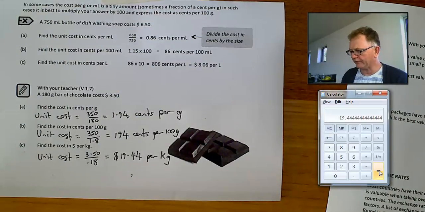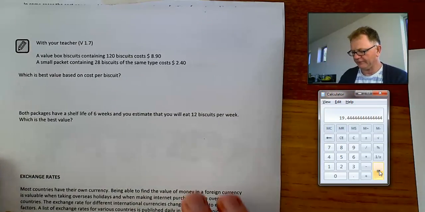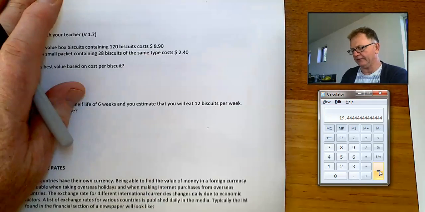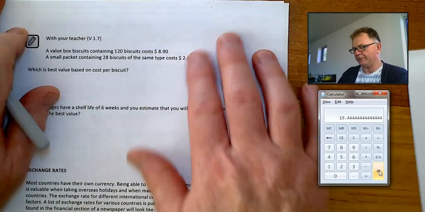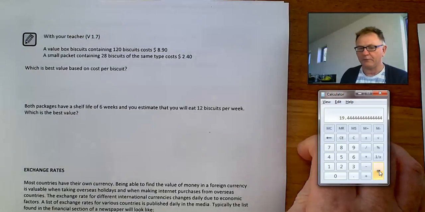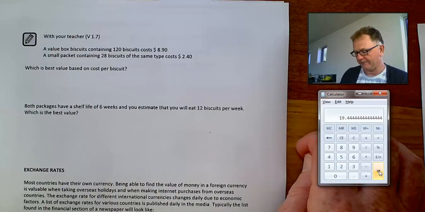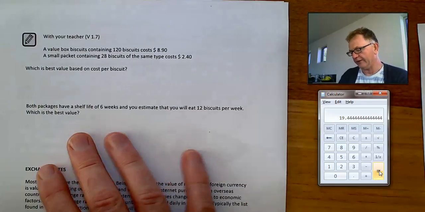I've got another question over the page. It concerns a value box of 120 biscuits and comparing that with buying a smaller pack which contains 28 biscuits. So one way to compare the two is to work out the number of cents per biscuit that each of them cost. So to work that out for the large box,